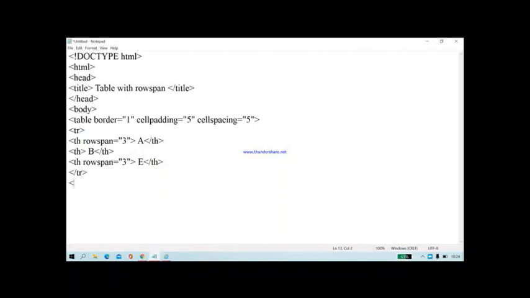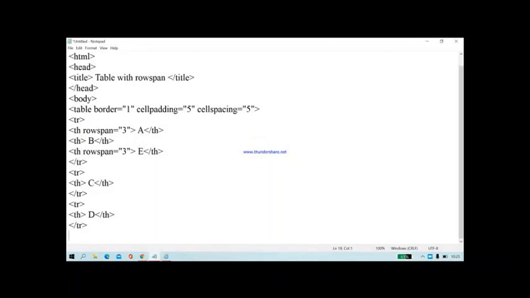Now here C and D, below B there is a C and below C there is a D. So these are the two separate rows. So that we will write separately th C /th /tr and again tr th D /th /tr.